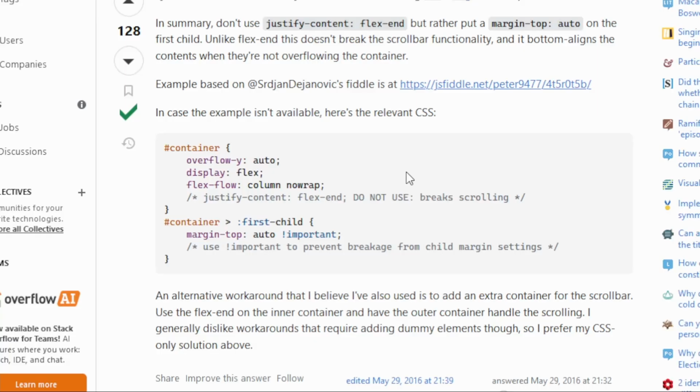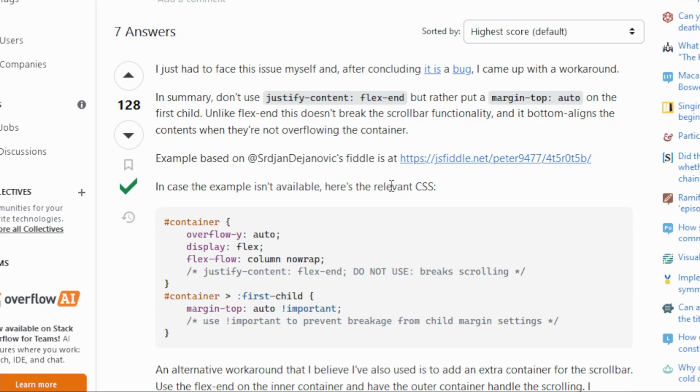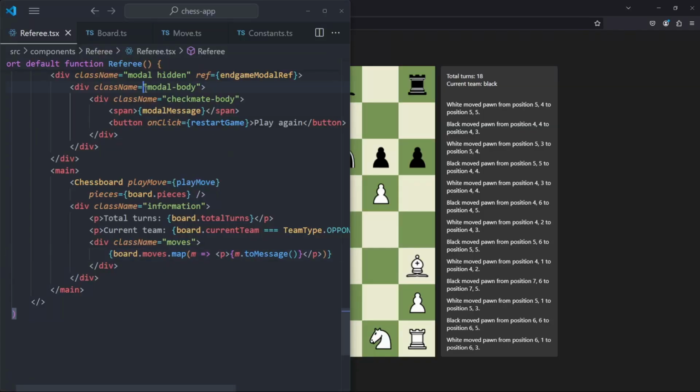In order to fix this, we have found a Stack Overflow post where they say, "I just had to face this issue myself. And after concluding it is a bug, I came up with a workaround. In summary, don't use justify content flex end, but rather put the margin top auto on the first child. Unlike flex end, this doesn't break the scroll bar functionality and it bottom aligns the contents when they are not overflowing the container." So if we go to our app right here, and then we go to the CSS right here,